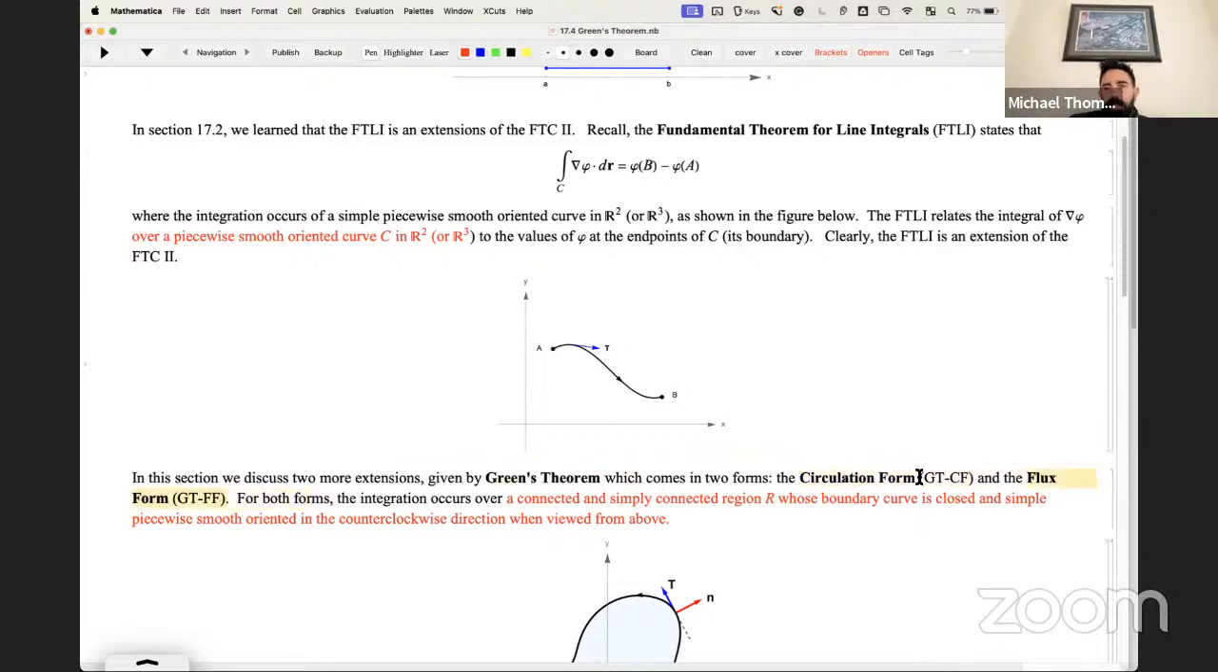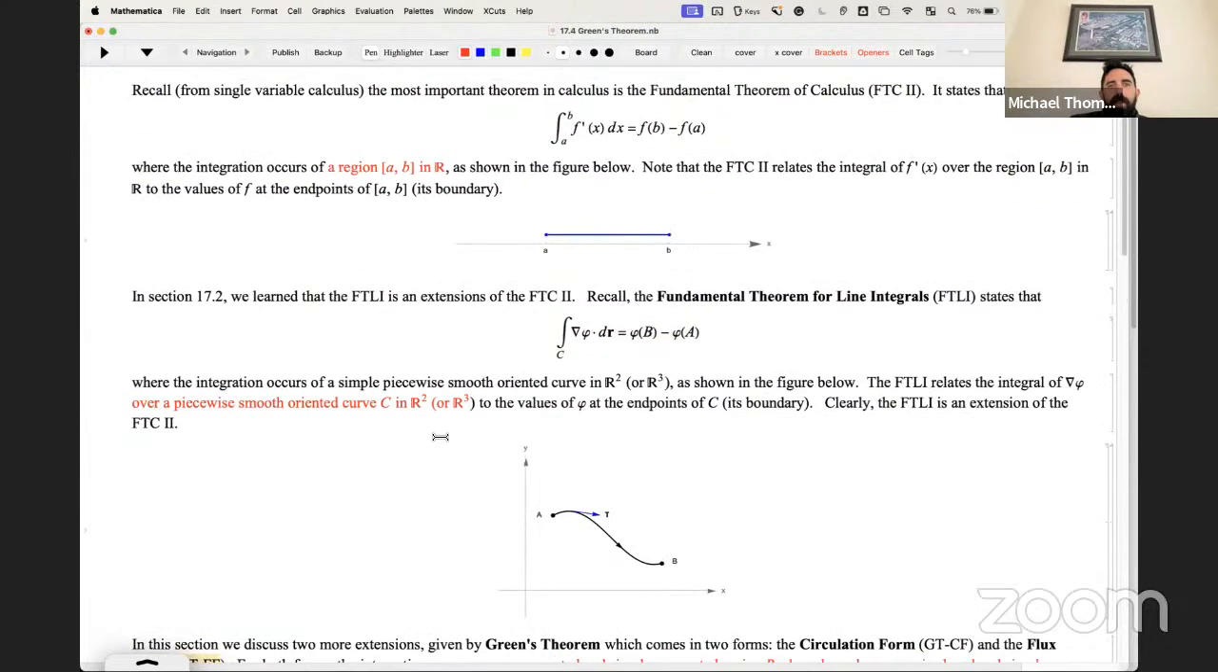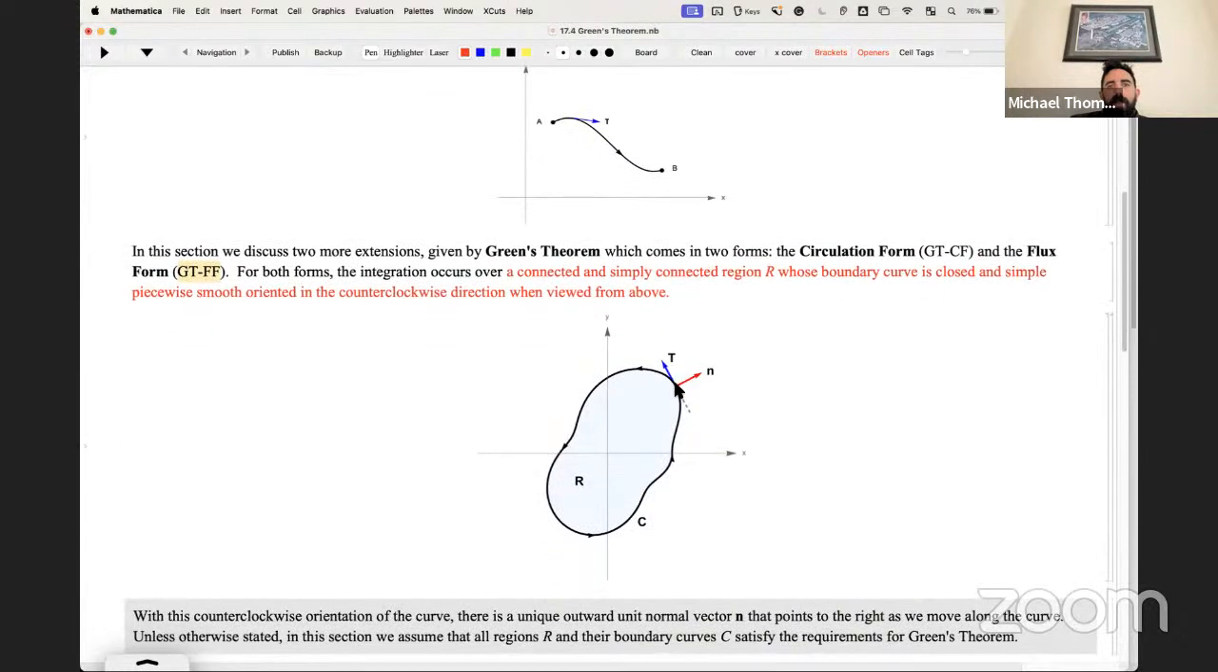And this is the notation that I use: Green's theorem, circulation form, and Green's theorem, flux form. Okay, so what's different about this extension? Well, we'll get to the theorem in just a minute, but the fundamental difference is that instead of integrating over a line in or an interval in R1 or a curve in R2, we're going to integrate over a region